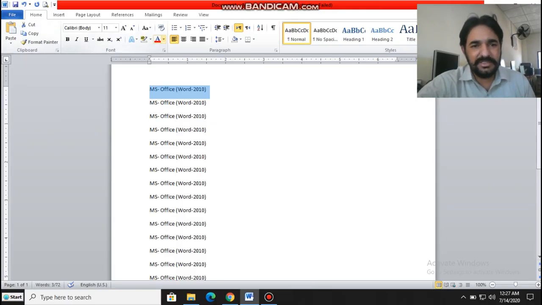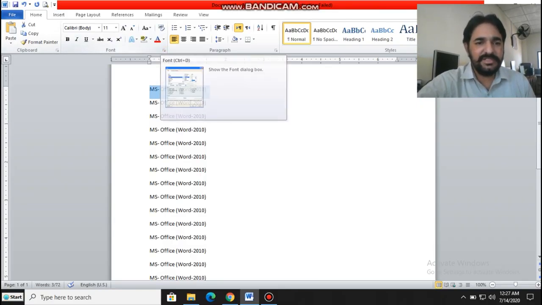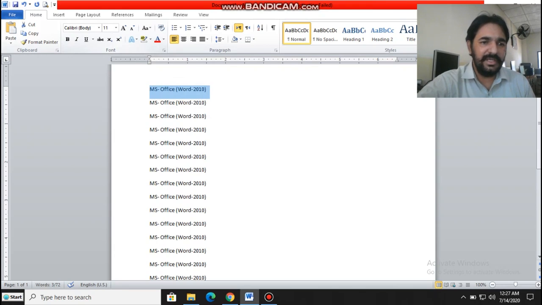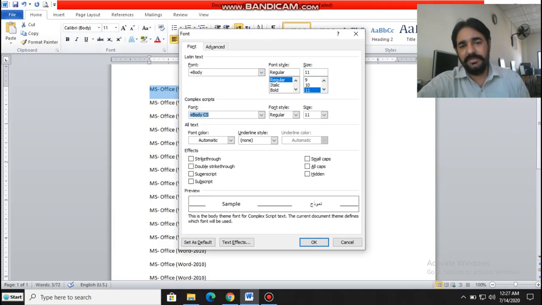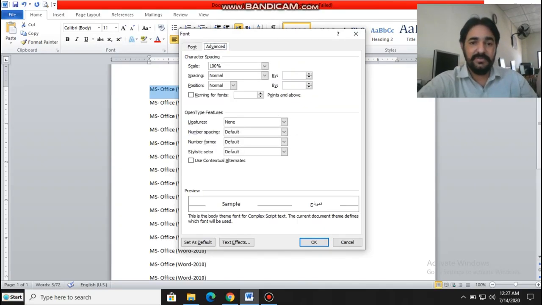Then you can see there is the font block. Any option or function regarding font you can perform from this block, and if you press this downward arrow, you will see the same settings that were available in earlier versions, in 97 and 98.